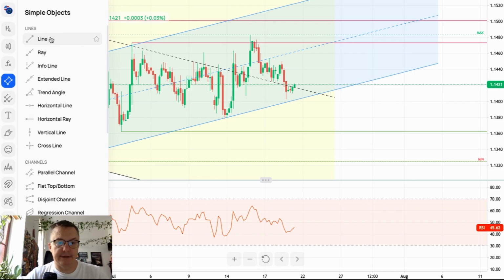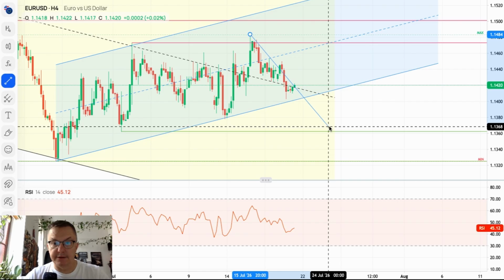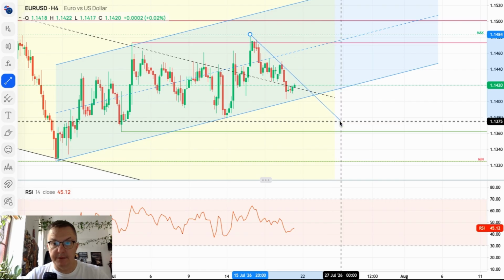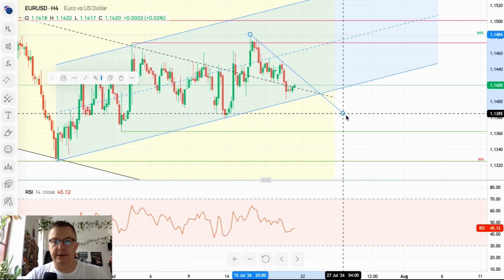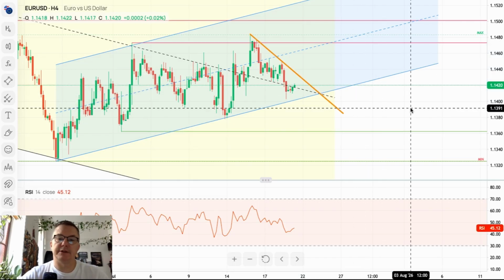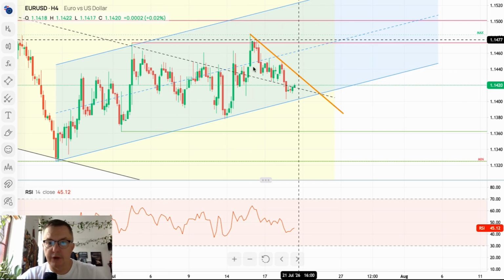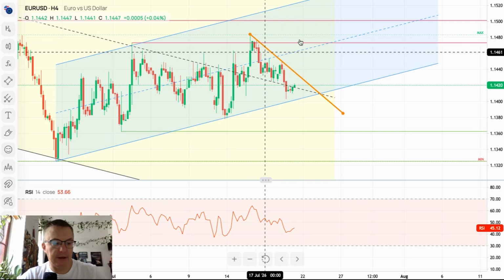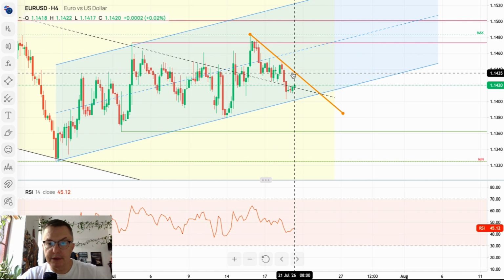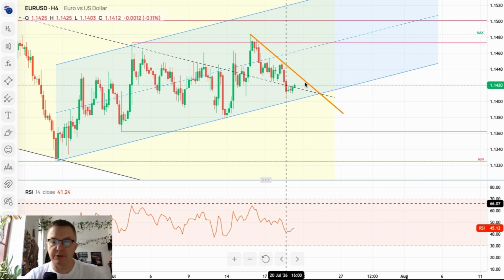We will start with the trend line, and from the swing high at 1.1484, we got this situation when we moved a little bit lower towards this level here. So we will mark this as a trend line. As long as we trade inside of the blue channel, there is a chance that we will move higher. Right, as long as we trade below this orange line, the chances are that the bearish pressure will intensify,